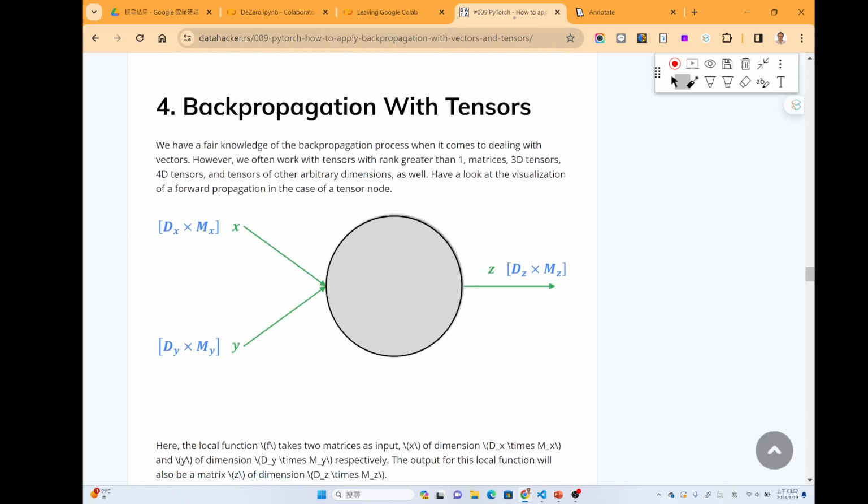Okay, but now we know how to do the backpropagation for the vector, how about the matrix?